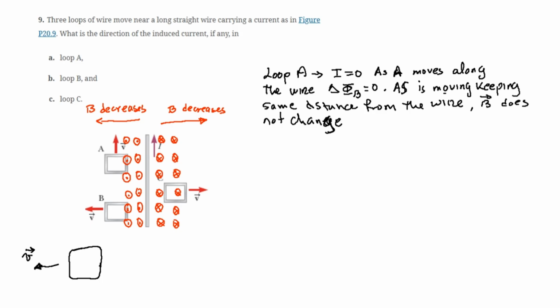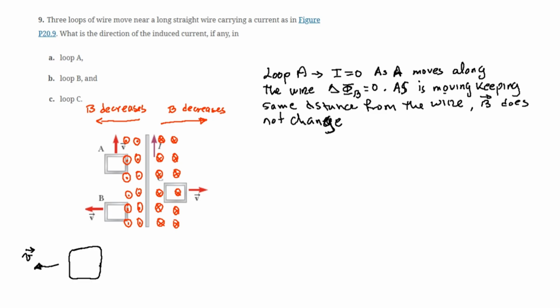So it's needed a current here that induces, based on Lenz's law, a magnetic field in the same direction as the magnetic field that loop B had in its original position, in order to increase the magnetic field through loop B,